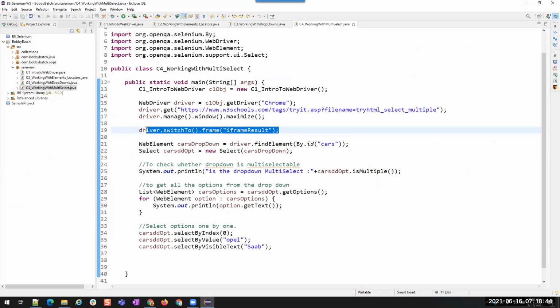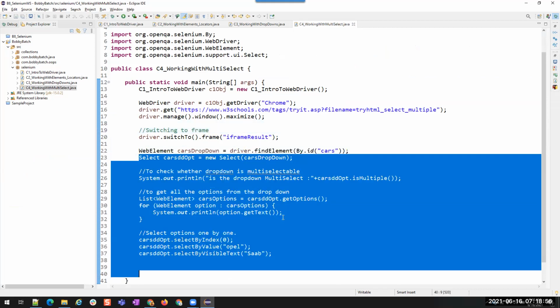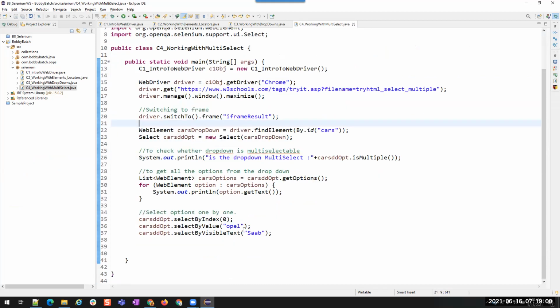This is mandatory to switch the frame. I'll explain you what is a frame and why do we have to do this operation when we are dealing with frames. Okay, but for now to work with this, I have to switch to this. So I'm using it directly. Okay. Now let's run this.